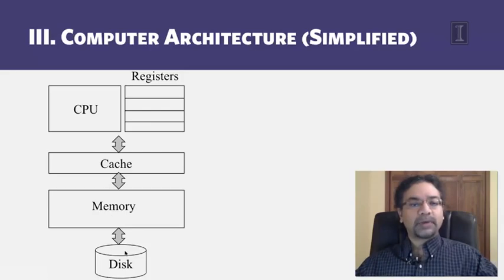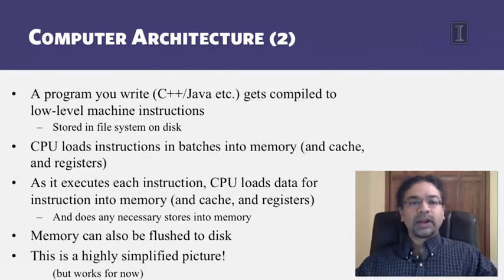So as you go up from disk to memory to cache to registers, the speed increases, and the total amount of storage space that you have decreases. So when you write a program in C++ or Java or C and you compile it, it gets compiled to low-level machine instructions. These machine instructions might be specific to the architecture, the machine on which you are running, or it might be a virtual machine like a JVM kind of code. In any case, these low-level machine instructions are the executable version of your program, and this is stored in the file system